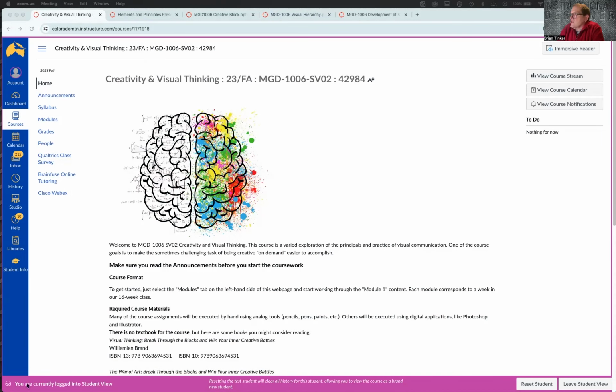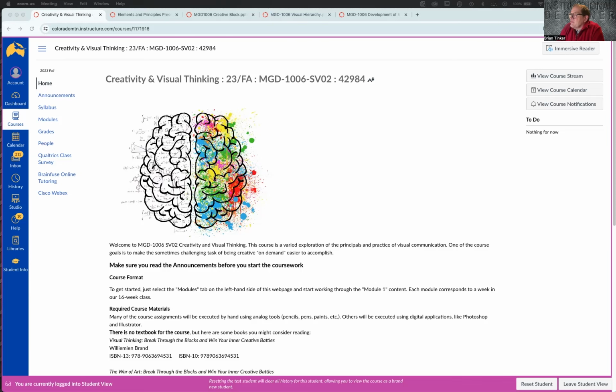This is the Canvas course shell for creativity and visual thinking. We're in the student view as opposed to the instructor view, so that I can show you the course as the students are going to see it. This course, like all the courses I create, focuses on minimizing the amount of information that the student has to try to decipher. This is best practices when it comes to online instruction. So they're only allowed to see the things that they actually need to interact with. Everything is under modules. There aren't ways for them to navigate directly to assignments or discussions or quizzes, etc. We want them to access everything through the modules.